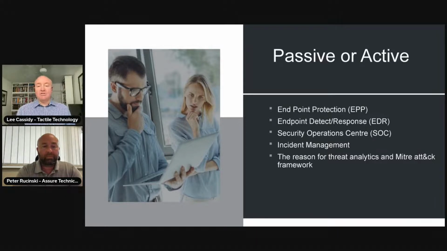And I like to use the terminology of having great locks on your house. So locks on the windows, locks on the doors, you're stopping people getting in. But the trouble is sometimes people get in without coming through the door or window, especially from a cybersecurity perspective. Because if they've stolen your credentials, they can come in legitimately as if they're you. If they've found an exploit in an application or operating system, they can get in without having to unlock any of the doors or break any of the windows to get there. So that's the difference with this.